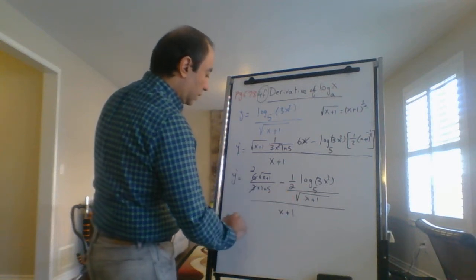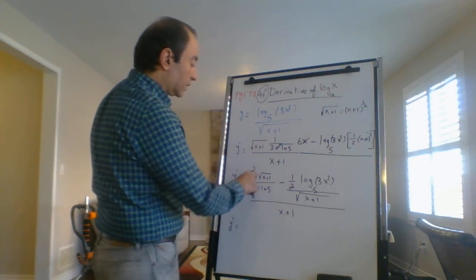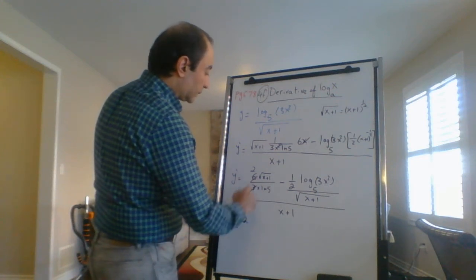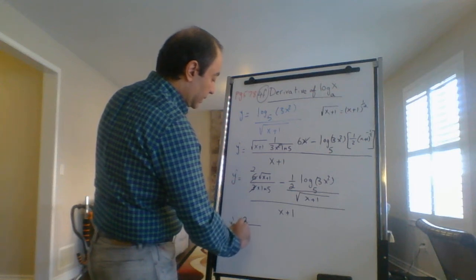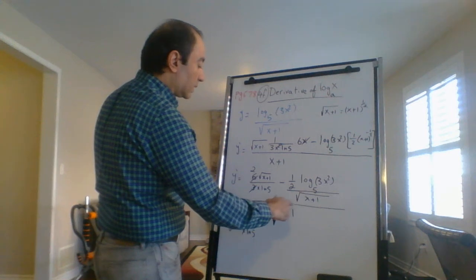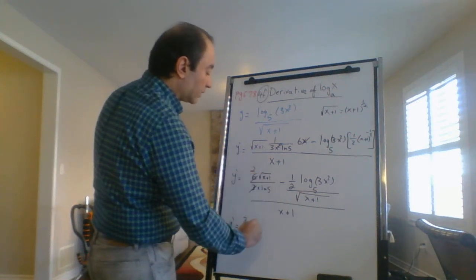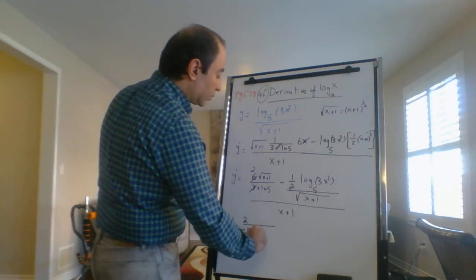So if I multiply this term by 1 over x plus 1, the 2 stays and x stays and ln 5. This is x plus 1 to the power of 1, and this is x plus 1 to the power of 1/2. So that will leave x plus 1 to the power of 1/2 in the denominator, which is